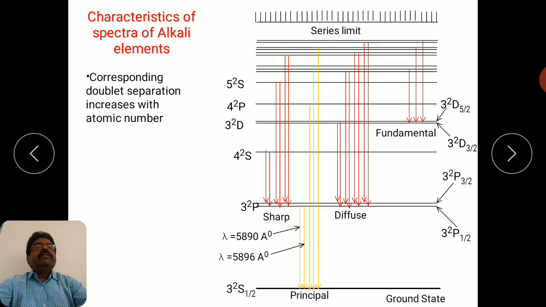Then the characteristics of spectra of alkali elements. We shall discuss some important characteristics here. The first characteristic is that the corresponding doublet separation increases with atomic number. In alkali elements, as you go to the higher atomic number, the corresponding doublet separation, for 3p, you can see this doublet P 3/2 and P 1/2. This separation in the higher atomic number alkali element will be more as